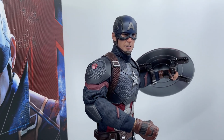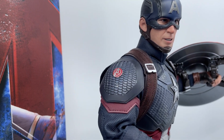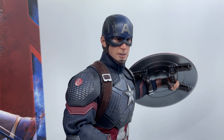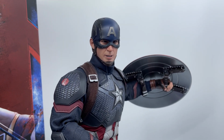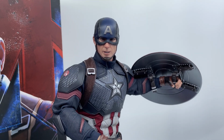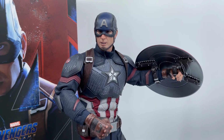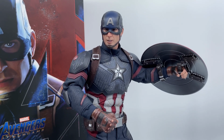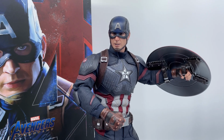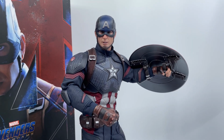There you can see the emblem better now, the Avengers. Nice touch, that. He's got the Avengers logo on his cap as well, on his cowl. I like this suit. I think it's very reminiscent of the Age of Ultron suit, just darker. And obviously different, but reminiscent of the Age of Ultron,